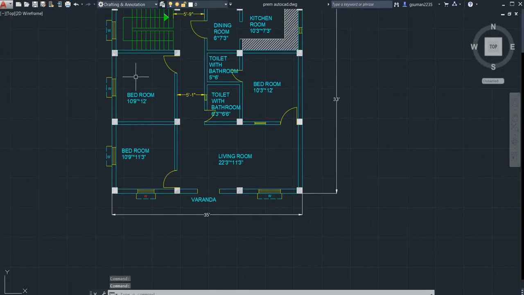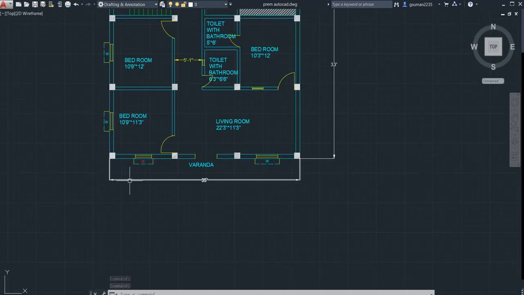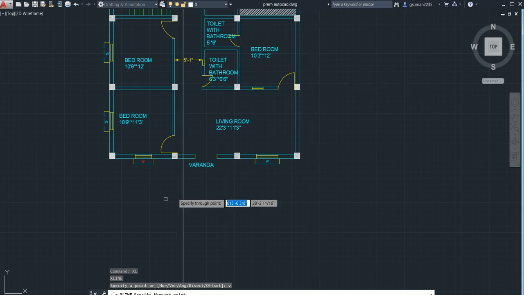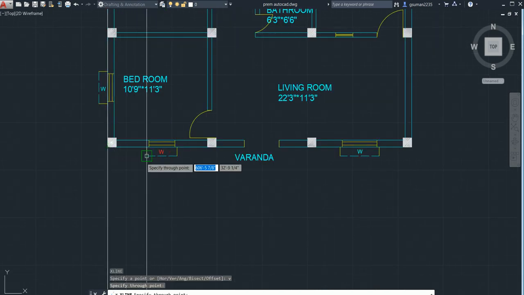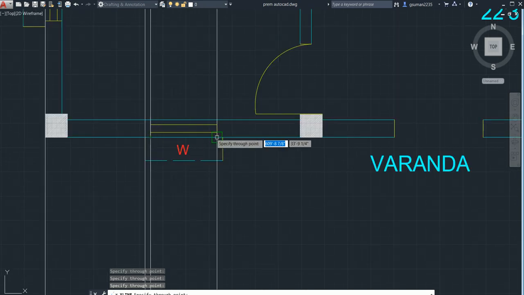I did like this. Go for delete this dimension line, delete this, go for construction line, XL plus V, enter, click it here. This chhaja we also need, and this window also.